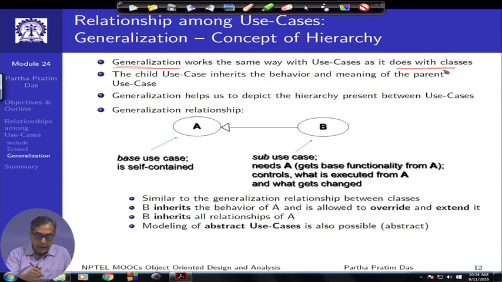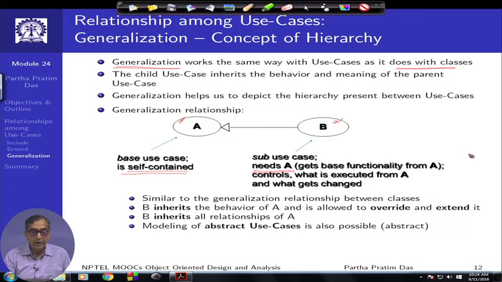There is a base case A, there is a sub use case, here we use the terminology sub use case B. Base case A is self contained, that it has everything that it needs for the invocation, but the sub case B needs A,